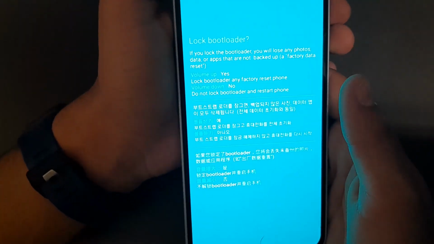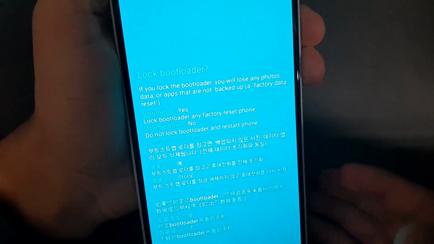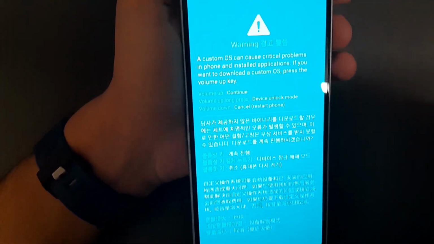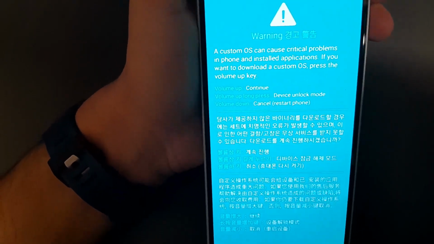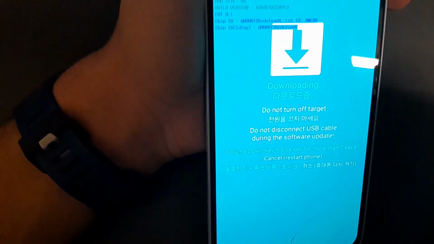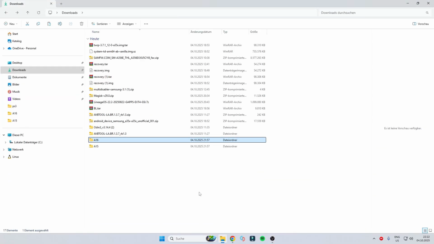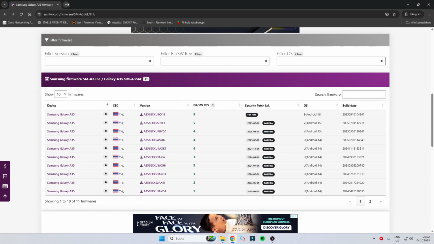It's already unlocked, and I'm gonna hold down the two buttons now, so you get into download mode. So you hold down volume up and volume down. You get back into this menu. Now here you're gonna press continue, and now you're gonna carry over to PC, and I'm gonna show you what you have to do. Okay, so now that our phone is in download mode, we're gonna go and